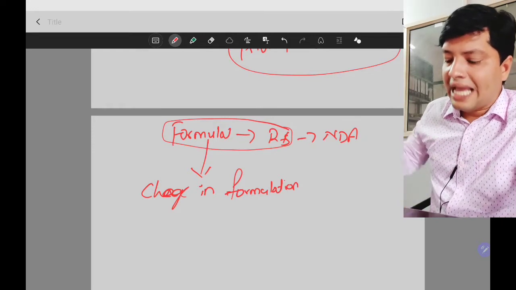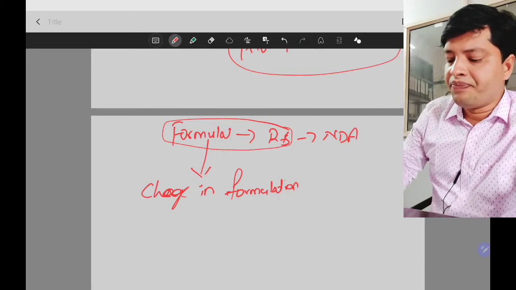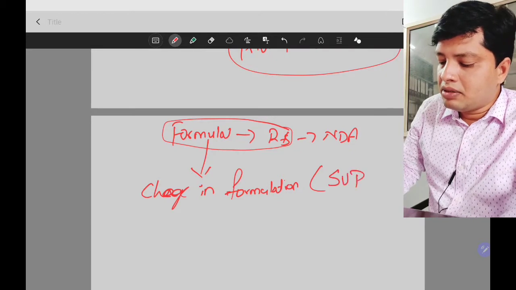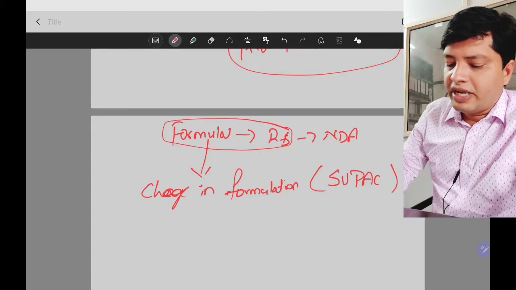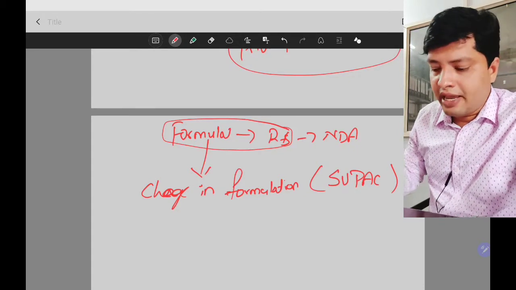Now what happens? Again you need to follow some rules to implement that change. Those rules are set in guidelines called SUPAC guidelines. Now we can clearly see how the name scale up and post approval changes came.